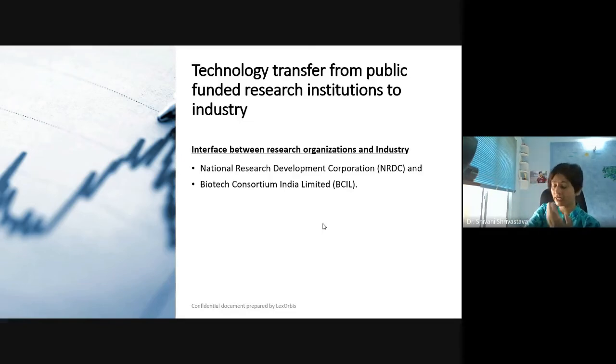If you check their websites, you can see a list of technology which is already being transferred, and then you can see a list of technology which is available for transfer. They have the technology with them, for the industry who are interested in buying the technology, or maybe to get the license for the technology. And they have different kinds of arrangement. For example, NRDC,